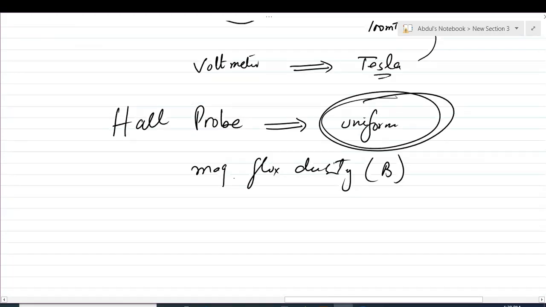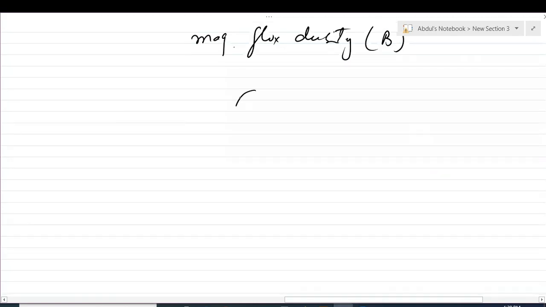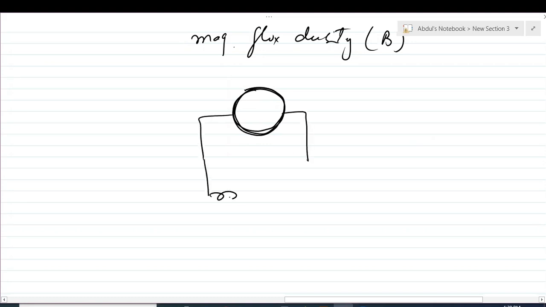But after calibration, if this voltmeter is disconnected from the circuit and connected with a coil, calibrated in Tesla,